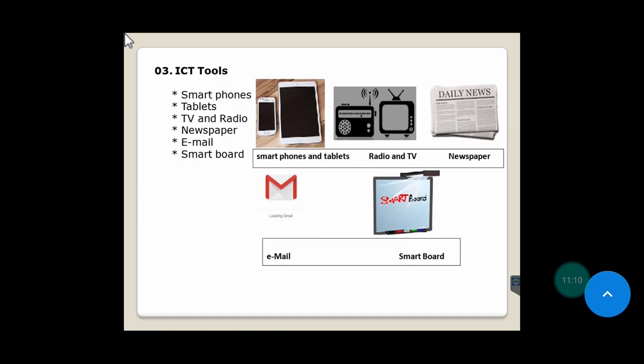Now, the next one is smartboard. Smartboard is also known as interactive whiteboard. It is a large touch control screen that works like a projector to provide users with a larger version